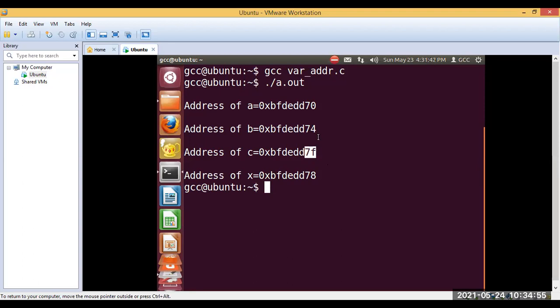Now you might have a question: why are these not continuous? First of all, we have 2 kinds of memory allocation happening. The memory is usually divided into heap memory and stack memory. This stack is not the stack that we studied earlier; this stack memory is different. However the memory blocks are available, it just goes and places those variables there. With the help of this ampersand operator, we are able to fetch these addresses for those particular variables.